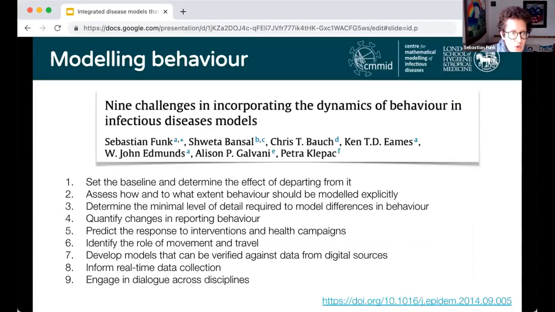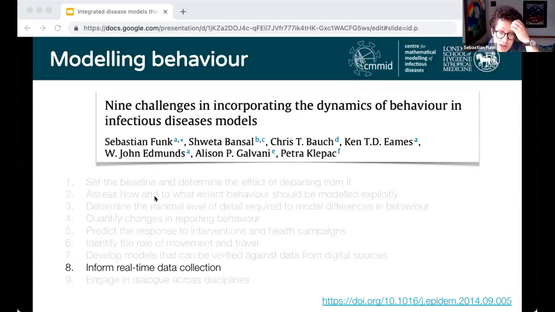Coming back to our challenges, what I'll do is I'll just go through these one by one and try to give my view on where we are with this, and specifically where we are with respect to the COVID-19 pandemic, because obviously this has really been an event that has been shaped by individual behavior, but also one where maybe it gives a useful reference point for whether these challenges really still exist and whether they've been addressed, or whether they still are open challenges, or whether they still are useful challenges to address potentially in the future.